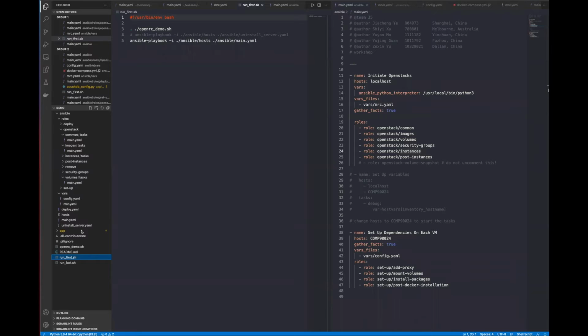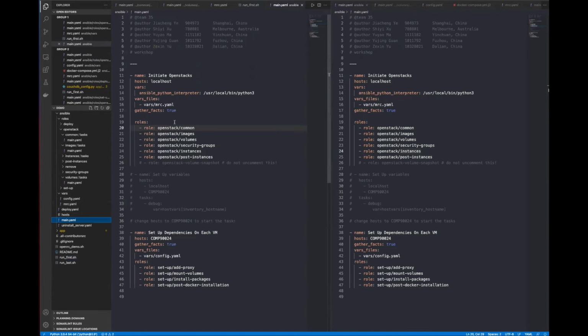The run first.sh runs the Ansible playbook with the main.yml, which basically describes what tasks Ansible will run. In this case, it will first initiate the OpenStack in MRC, Melbourne Research Cloud. And then it will set up all the required dependencies on each instance we have created. For example, in this big tasks group,